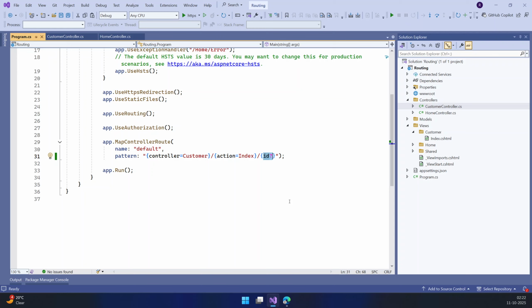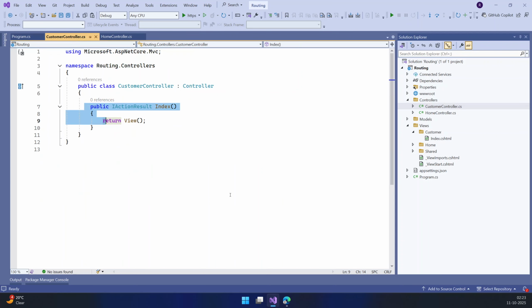Sometimes it might happen that you want to pass a certain parameter from the URL, likewise any of the IDs, maybe it's your customer ID, maybe it's your user ID. MVC also allows me to pass those parameters in the URL itself. We have not done it so far, so let's do it right now. I'll go to my customer controller, and inside the customer index action method, I will create another parameter, and let's call this int ID, and then put a breakpoint over here to see what we really get from the